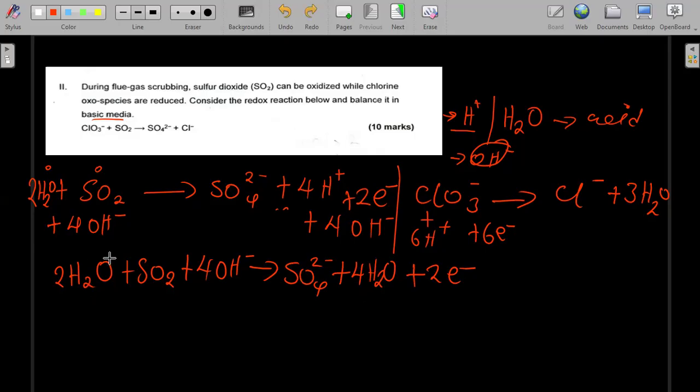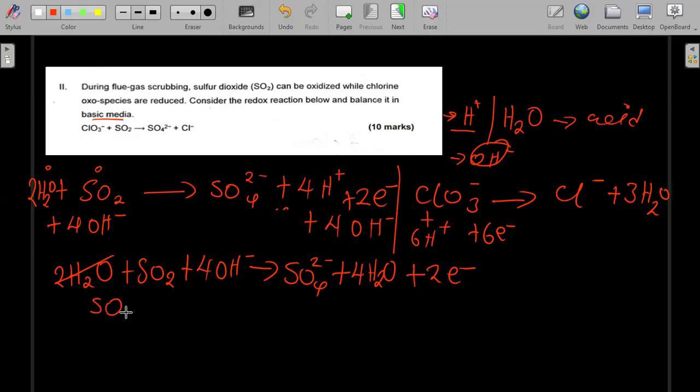So we can cancel these water molecules this side. Okay, so we can cancel the 2 water molecules, and this side we can cancel 2 water molecules from here, isn't it? Since we are having them in the products, and the other side we are having them in the reactants. Okay, so we can cancel 2 of these water molecules. We subtract from the 4. So it means here we remain with 2 electrons,